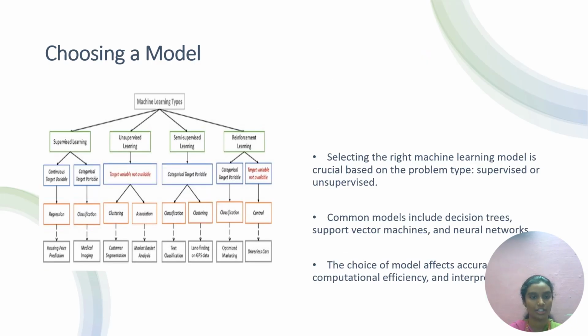Choosing a model. Selecting the right machine learning model is crucial based on the problem type, whether it is supervised learning or unsupervised learning. Common models include decision trees, support vector machines, and neural networks. The choice of model affects the accuracy, computational efficiency, and interpretation of the model. So choosing a model also plays